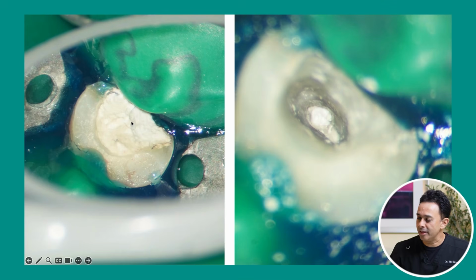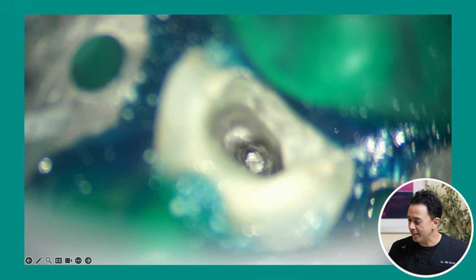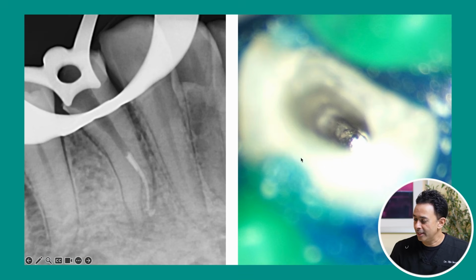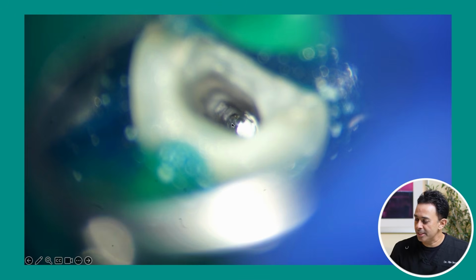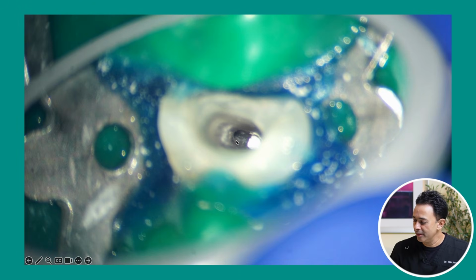So we go back in there, that's a temporary restoration. You go in there, you can see gutta percha with bioceramic sealer. And then when you open it up at the level of the bifurcation, you can see that's the filled canal. And then lingual to the filled canal is where we are looking for the missed canal, which is what we did. You can see I've removed the gutta percha all the way to the bifurcation area here. And this missed canal is lingual to the filled canal. We found that missed canal lingually. You can see here, that's the missed canal. And then we clean, shape and obturate that missed canal as well.